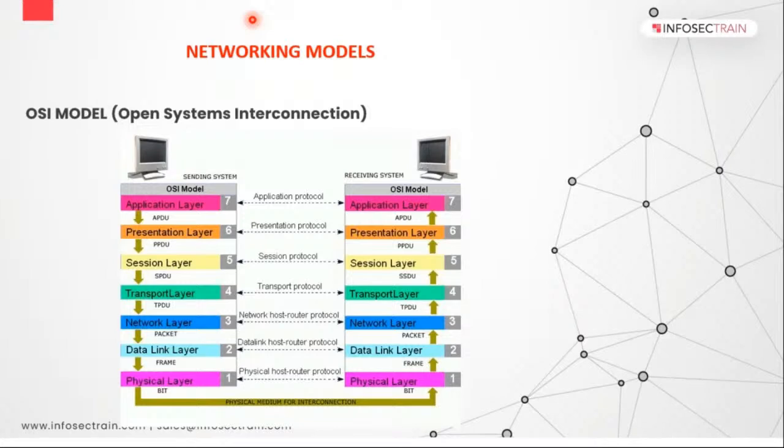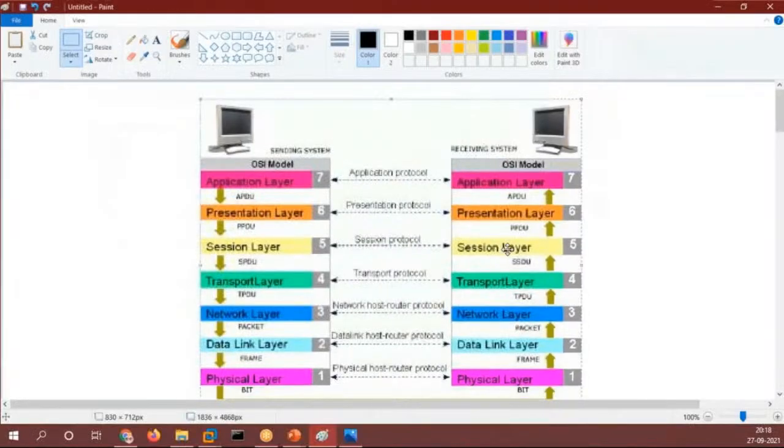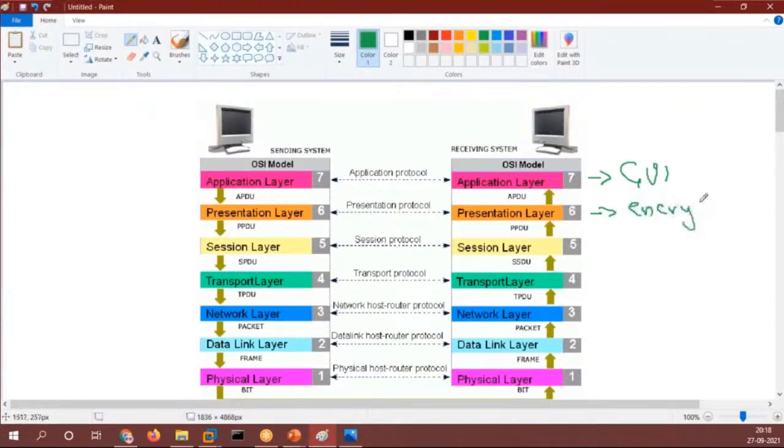So let me explain this whole thing with an example. As you can see over here, I have this. What is happening over here, guys? We have the application layer, so let me write it in front of it. The application layer gives you the GUI. The presentation layer is doing what? Encryption. So it is encrypting the data.